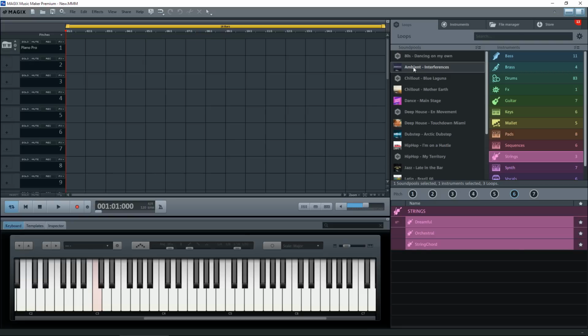What I'm going to do is select ambient interfaces and we'll have the strings. What we're going to do is select orchestral strings, and we're going to drag that into any track you like here. Doesn't matter where, you can put it anywhere you like in any of these tracks. What we're going to do then is use number 4,